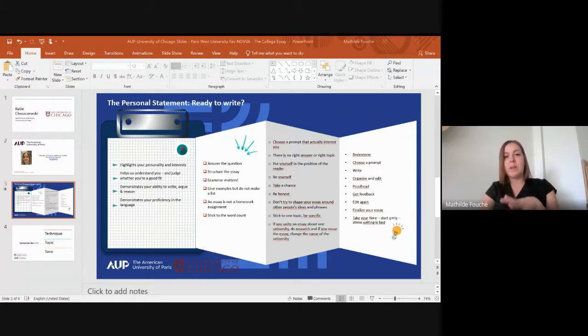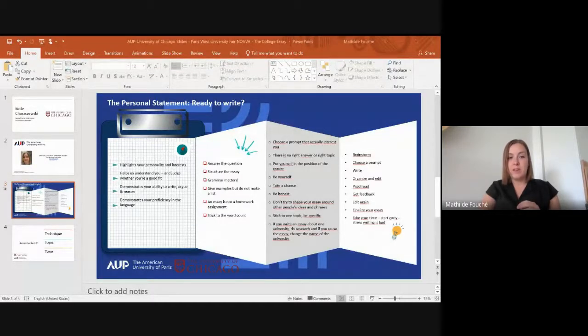So we're going to talk here about the personal statement. In most cases, you have 2 essays, and Katie said the University of Chicago has 3. You will always have the personal statement, which is the main essay. If you know about the Common Application, you are going to find that universities use the same prompts for their personal statement as in the Common Application. So this is specifically what I'm going to talk about. And you might have supplemental essays, which Katie is going to talk about afterwards.